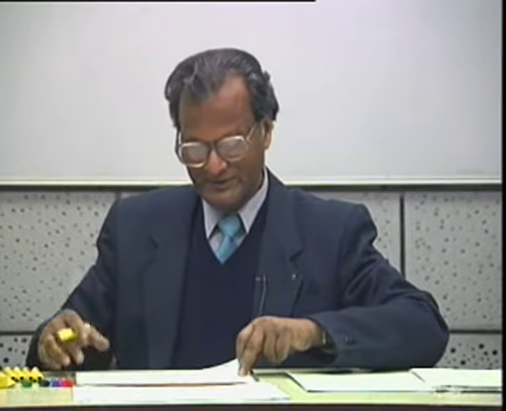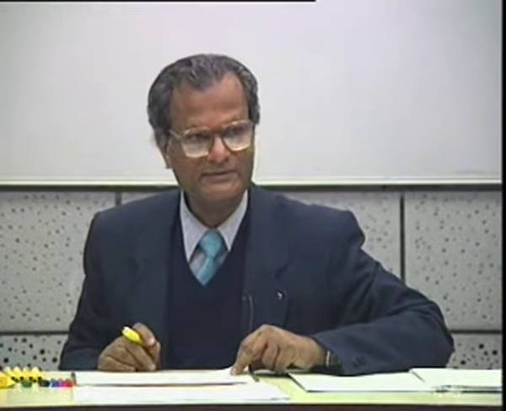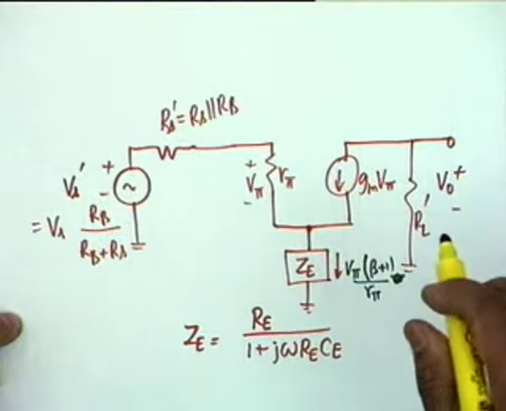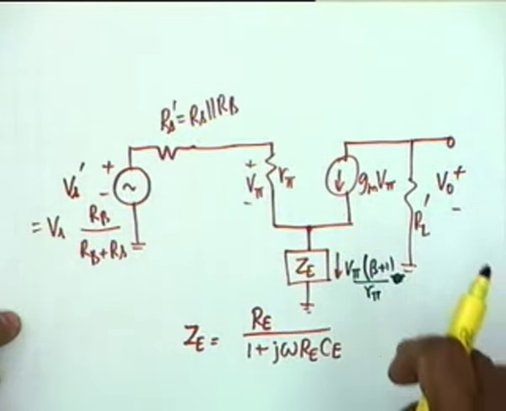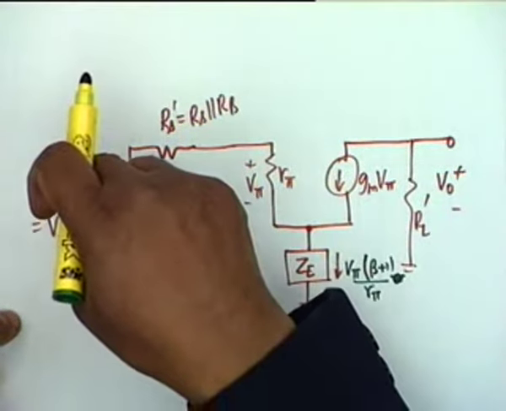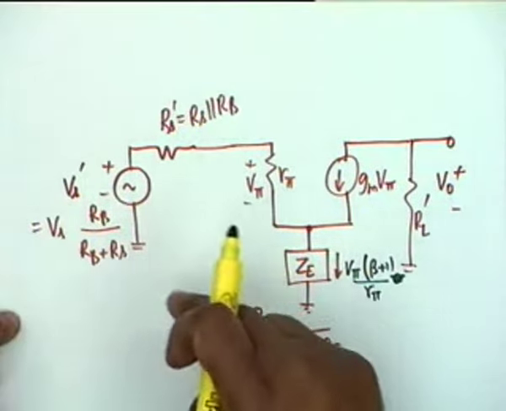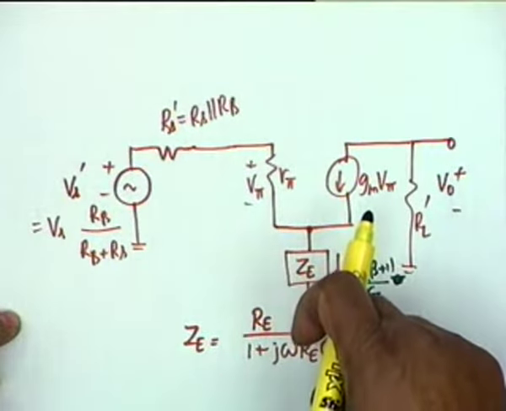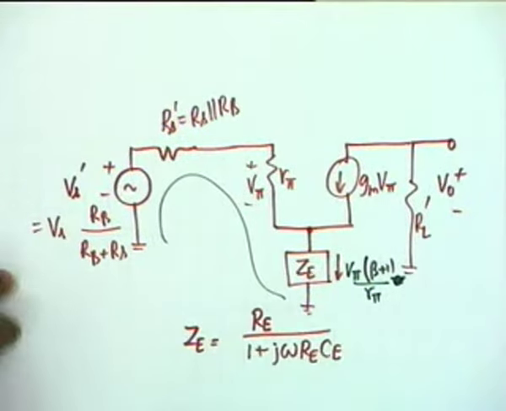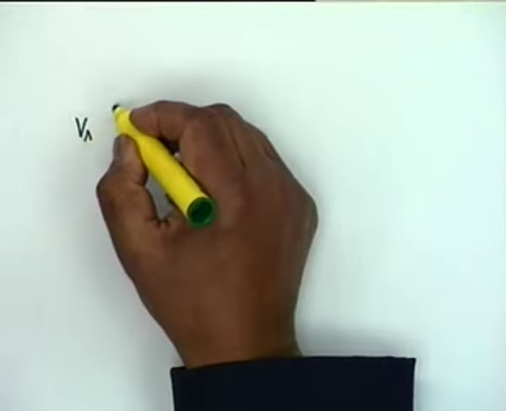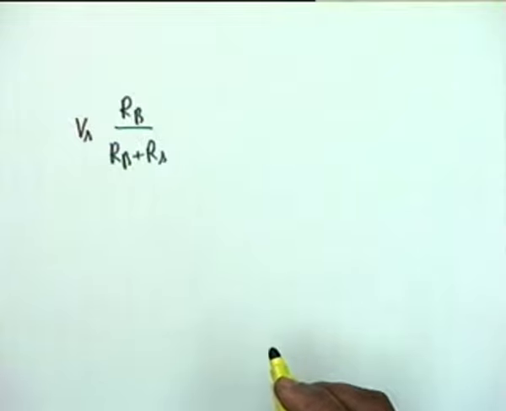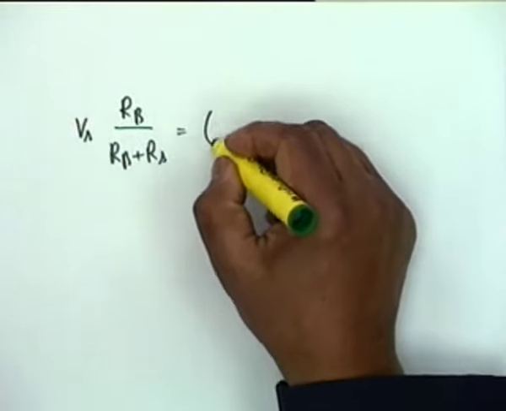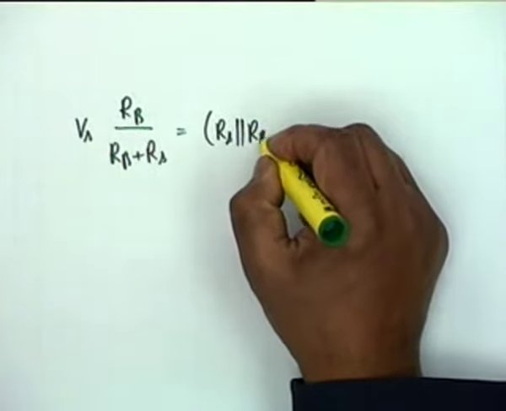Okay. So what I do now is to write a KVL. I have already found out V0 by V pi. This is minus gm RL prime. What I have to find out now is V pi divided by Vs. So if I write a KVL around this loop, then I get Vs RB divided by RB plus Rs. This is Vs prime. This would be equal to Rs prime, which is Rs parallel Rb, multiplied by